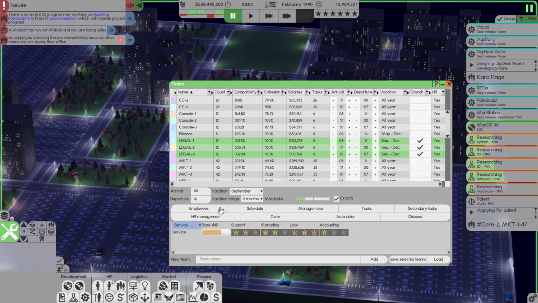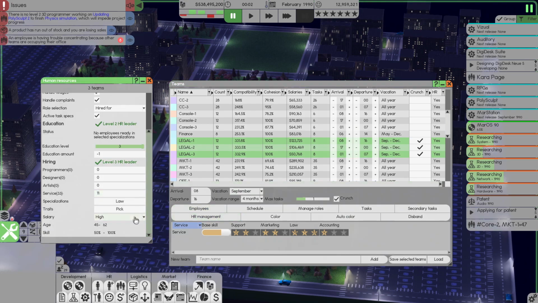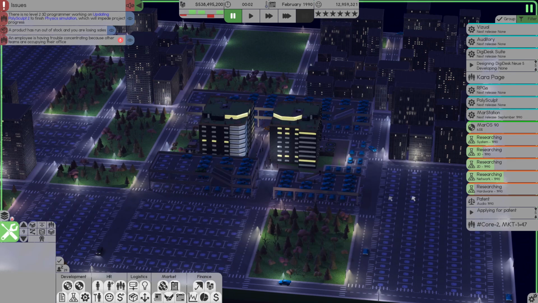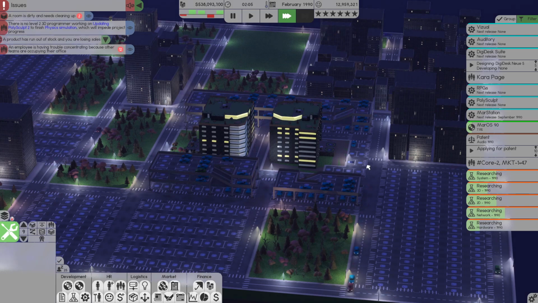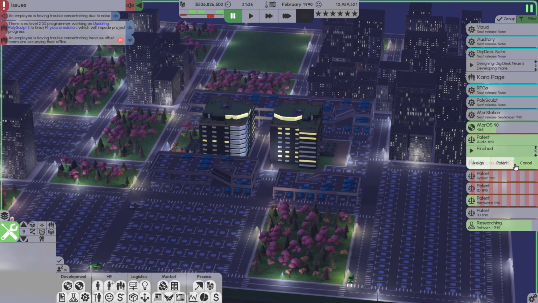So it's very important that in HR management, you set salary high and you choose law as the only specialization, and you want service. Okay? So now they're going to go ahead and apply for that patent, and I'll be right back when they're done doing that. Okay, so they're done. The patent's finished, and then at this stage, all you need to do is click patent,